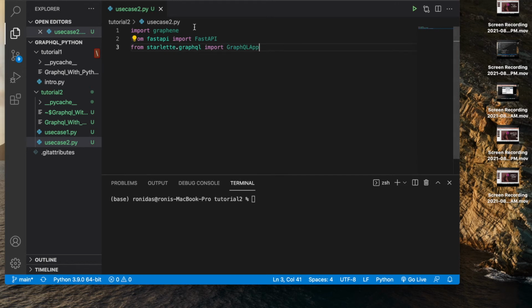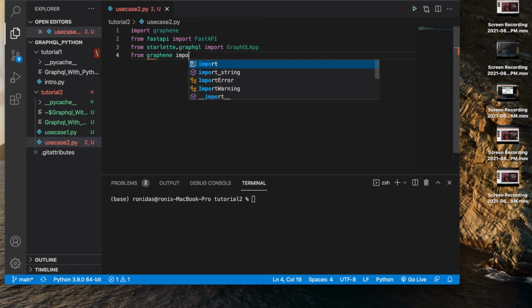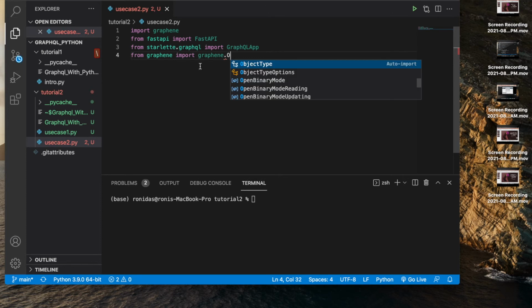Okay, so maybe I can write from graphene import graphene.ObjectType.